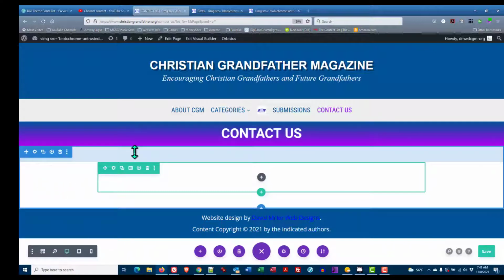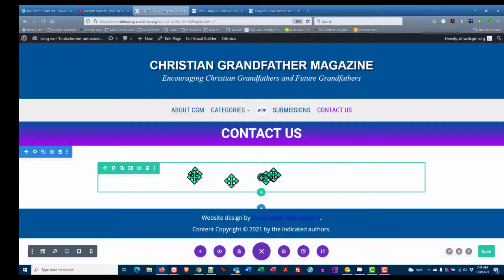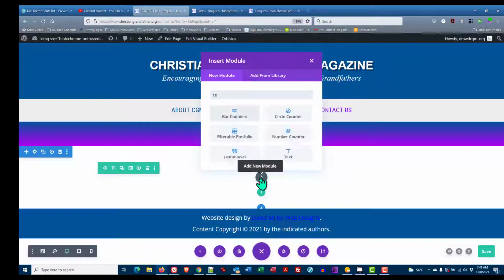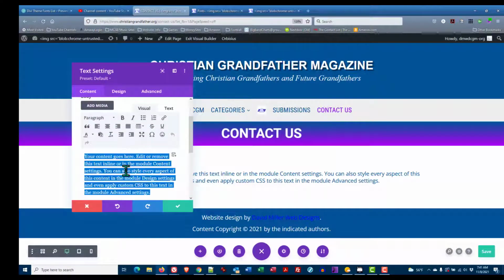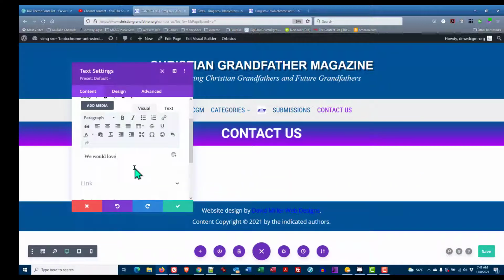What I want to put here is one row, one column, and in the top of the column, I'm going to put a text module, which basically tells us we would love to hear from you. And then below that, I'm going to put another module in the same column that is the Contact Us form. The first thing I'm going to put in here is a text module, T-E-X-T, and click on that one. I'm going to scroll down, triple click, and type: